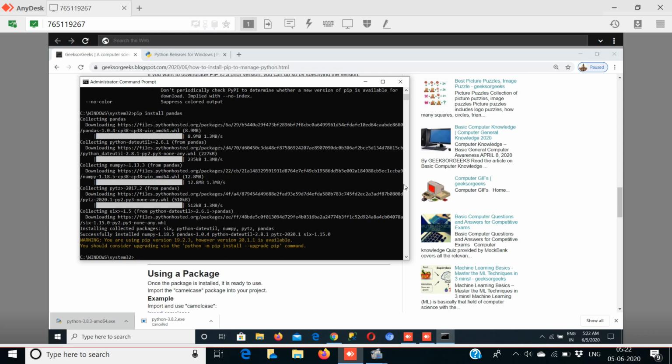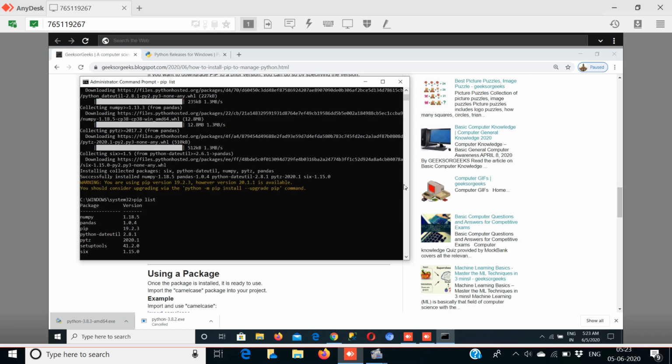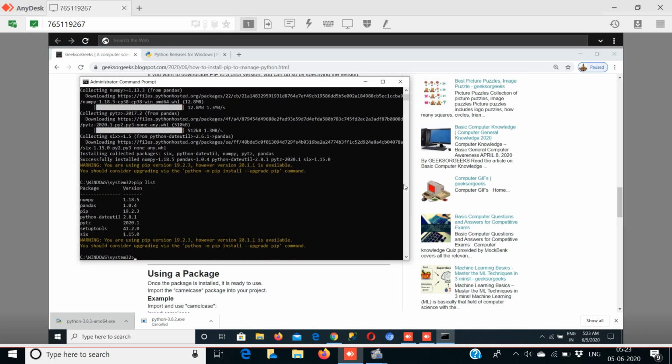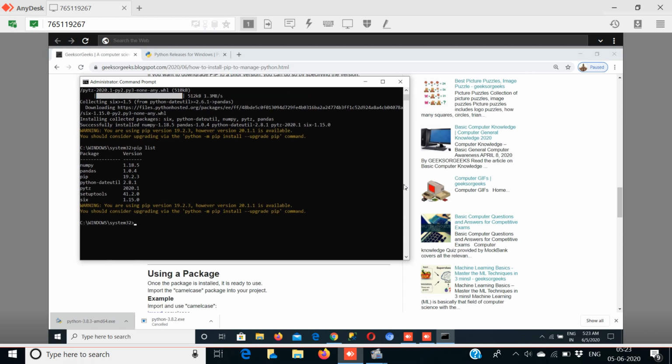Now I want to check the libraries installed in my Python. pip list, and I will get the list of libraries. Now I want to check whether my library is successfully there or not. Simply type python.